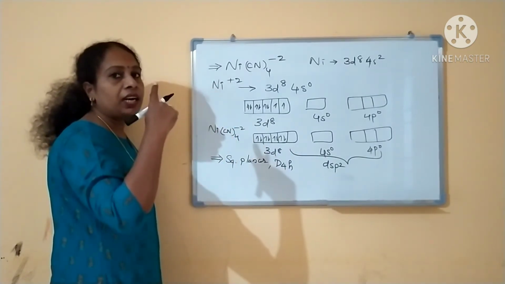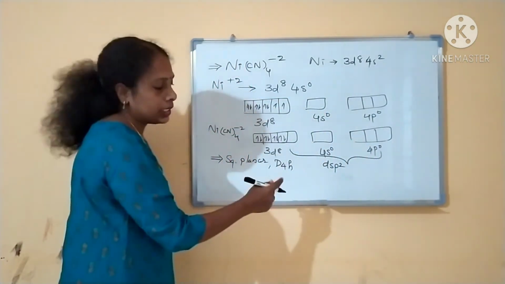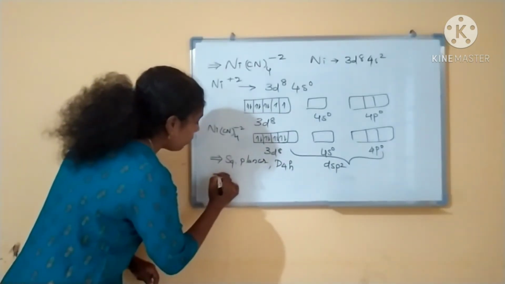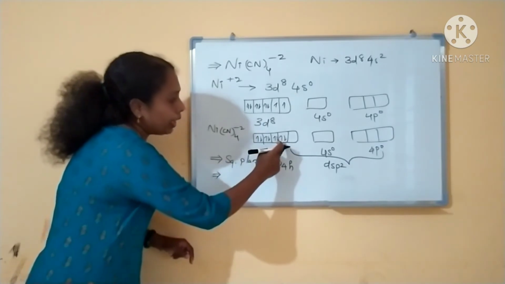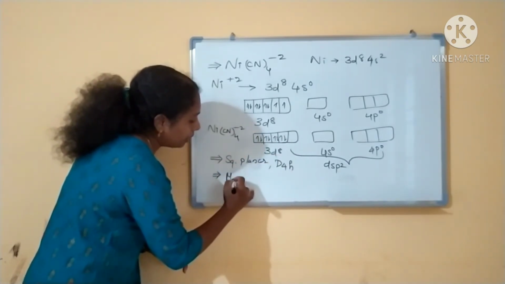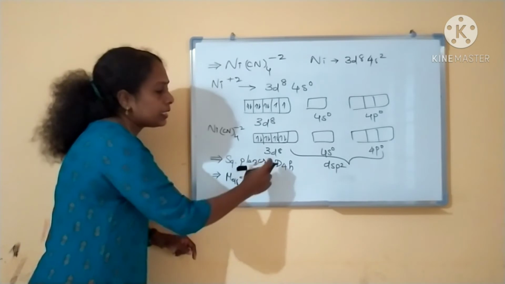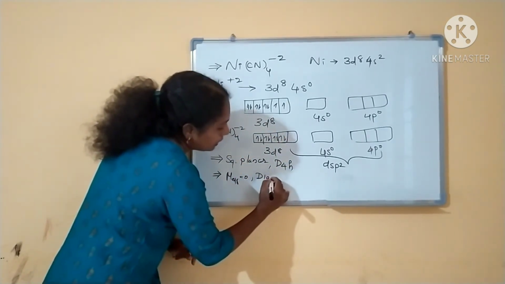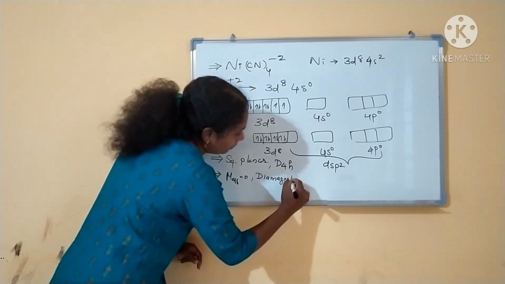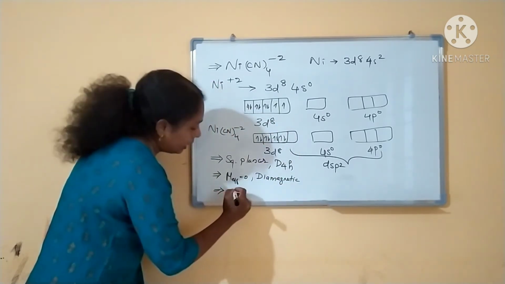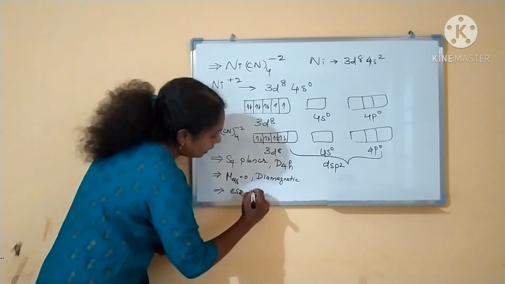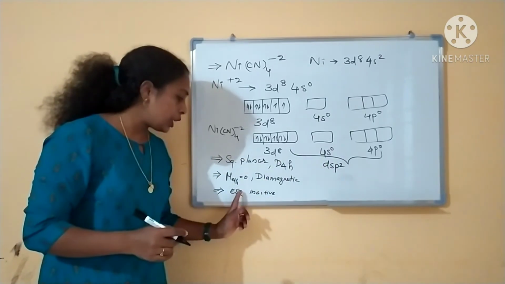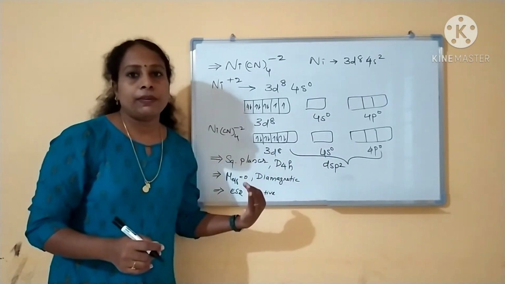You have seen tetrahedral complexes mean sp3 hybridization. Both include 4 orbitals, but the hybridization is different, okay. And what about the magnetic moment mu effective? Magnetic moment mu effective is equal to 0. Why? Since there is no unpaired electron, all are paired electrons. The complex is diamagnetic in nature. And what about ESR activity? It is ESR inactive, okay. Shape you can predict, point group you can predict, and hybridization, magnetic moment and ESR activity, okay.